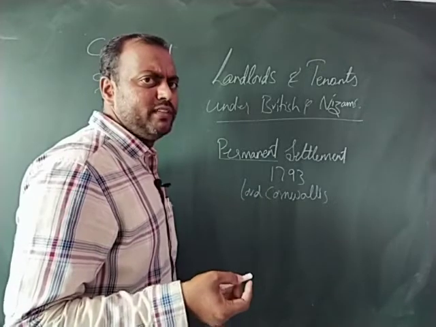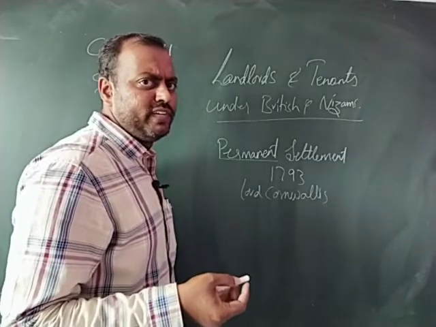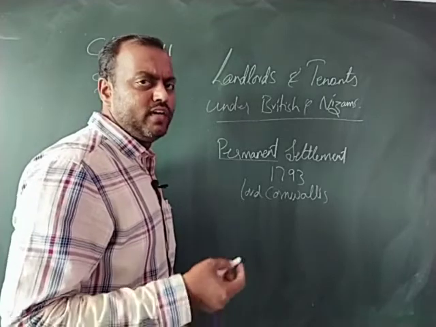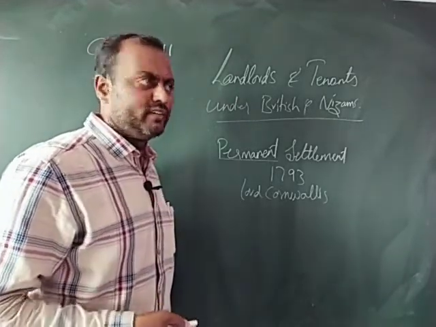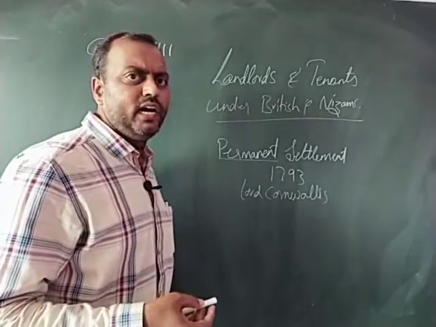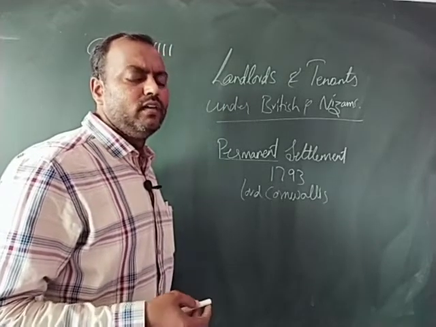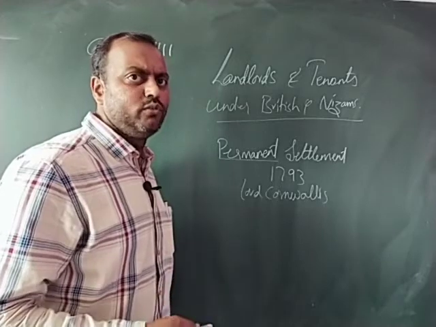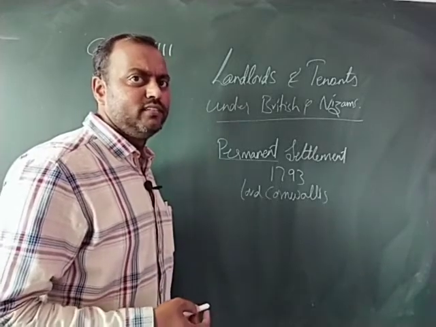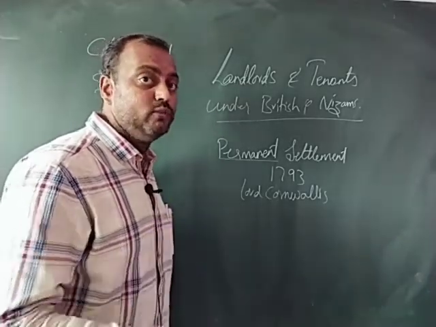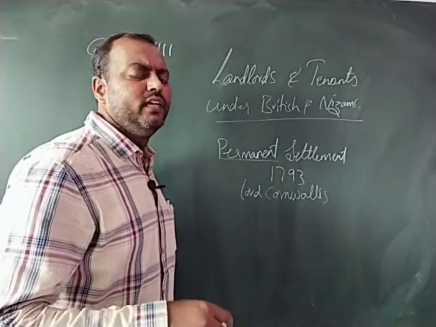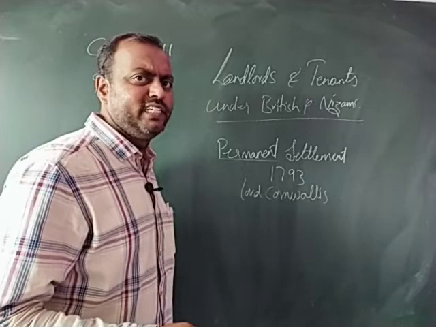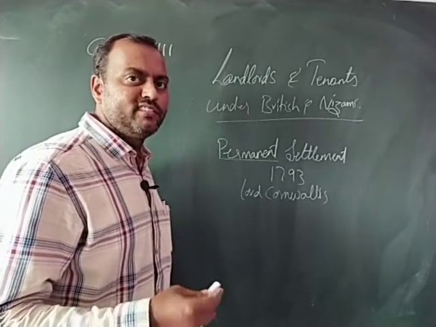Even Jamindars faced a problem because of the decrease in the agricultural cultivators. They found it very hard to pay the rent, and the Jamindars also faced a very risky situation paying the taxes to the government, and they had to leave the Jamindari. In their place, new Jamindars were appointed by the Britishers,